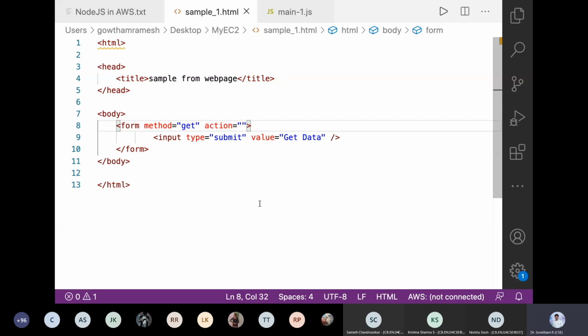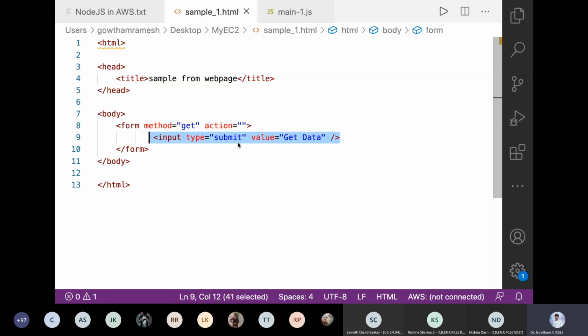Usually in the local system, we specify http://localhost:8081. But we are hosting it on a remote system. Let us check what we are supposed to give in this action field. And in the HTML form, we have a simple input tag. This input tag is a submit button.